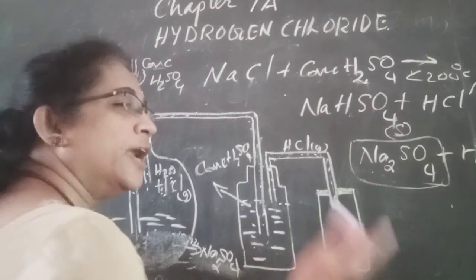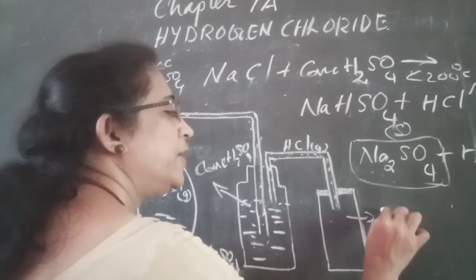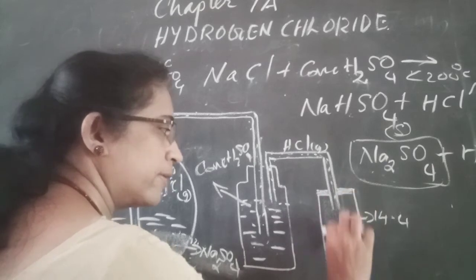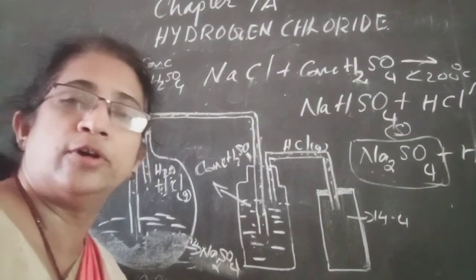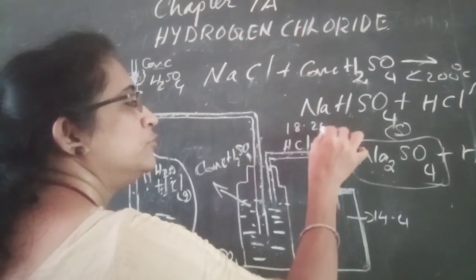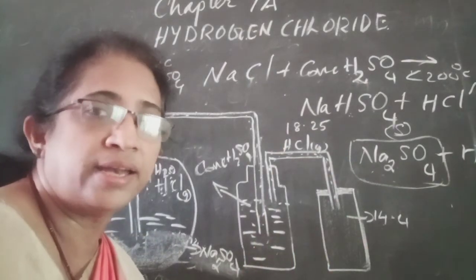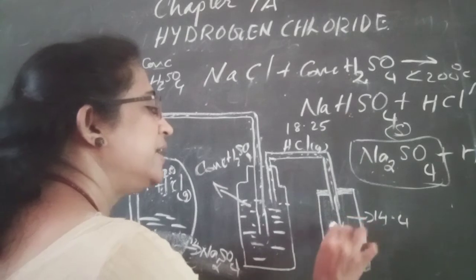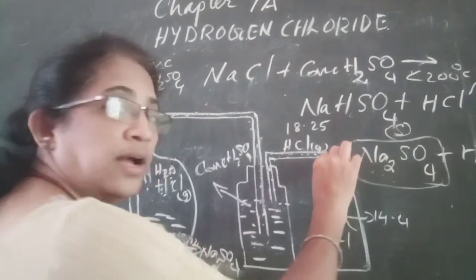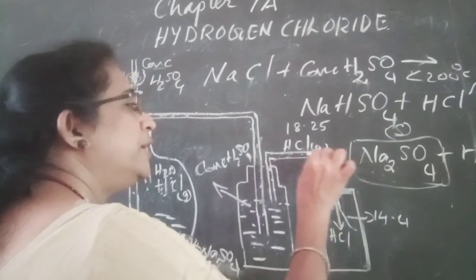And the method of collection of pure HCl is, we know that the vapor density of air is 14.4. This gas jar is full of air and the vapor density is 14.4. And HCl gas has a vapor density of 18.25. Which is heavier, HCl or air? HCl gas is heavier than air. Therefore, when HCl gas enters into the gas jar, air moves in which direction? Upward direction. Air in the gas jar moves in the upward direction.